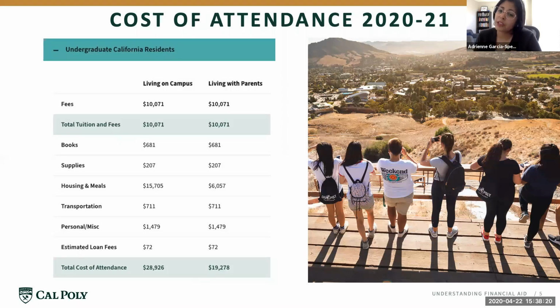So you want to confirm once you commit to us. And then you want to make sure that you have no to-do list items. And if you do, you need to submit those items to us for review so that we can verify your information and then load your Cal Grant. So again, if you're not seeing the Cal Grant, there's a couple reasons for that, including verification and including maybe not having confirmed Cal Poly as your school.